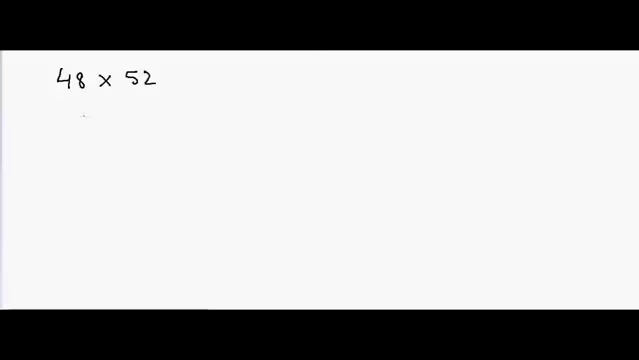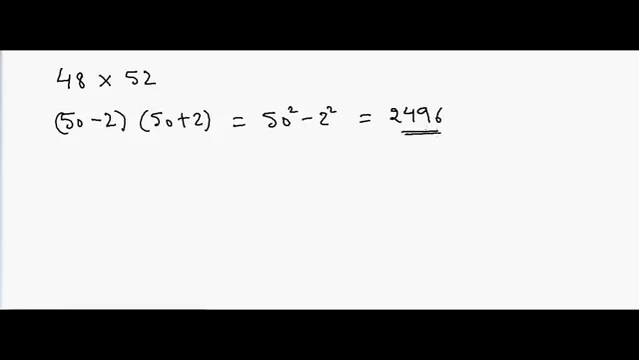If you look at it carefully, these numbers are symmetrical around 50, so this can be written as 50 minus 2 and 50 plus 2, so that will be equal to 50 square minus 2 square, so the answer will be equal to 2496, right? Same way, suppose I have to do 79 into 81, so the answer will be equal to